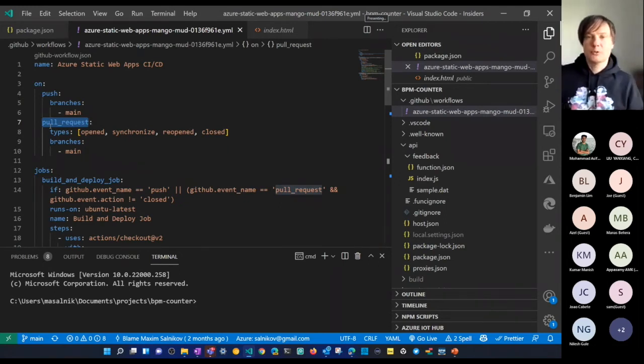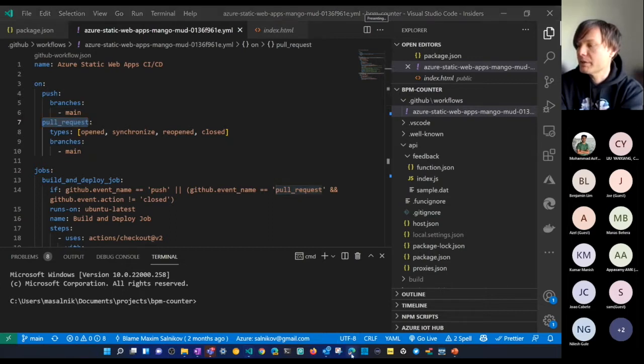So what you do as a web front-end developer, you create a new branch, you work in this branch, you add all the experimental, let's call it like this, stuff there, and you push this branch to your source code repo, and then the rest will be taken care of for you by Static Web Apps. And I have a ready-to-show sample to demonstrate this.